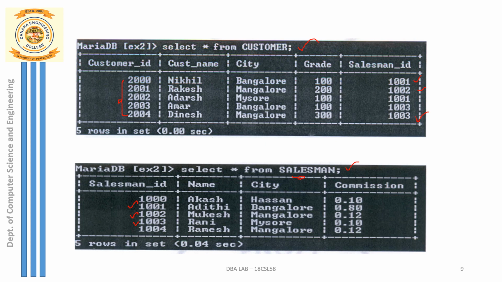And suppose you insert here a new entry, something like 1005. You just see here, there is no salesman inside the salesman table with the ID 1005. So whenever you try to do that, it will throw an error. It will not allow you to add a new entry here. So if at all you want to add a new salesman, first make a new entry into the salesman table, and then add that new salesman information into the customer table. This is how you do it.